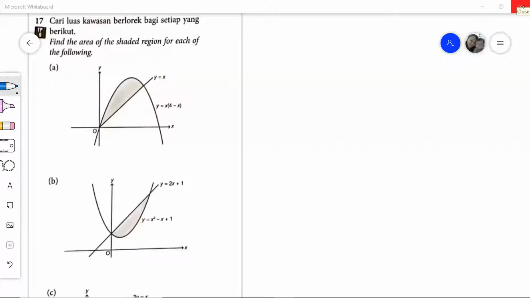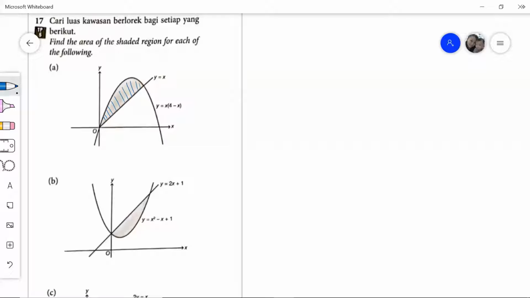Hi everyone, this is practice formative of chapter 3, question number 17. So we have to find the area of the shaded region that is bounded by two functions. So let's look at the diagram here. We have the curve and the straight line. So we want the shaded region between these two